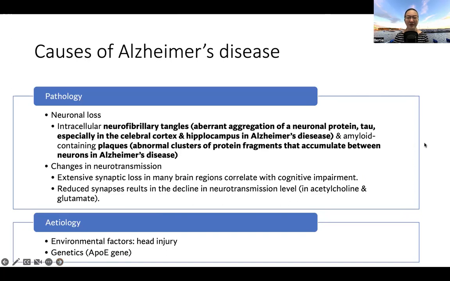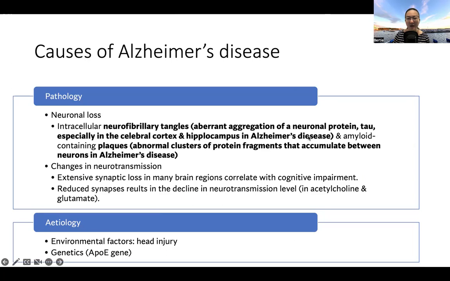Pathology and etiology. Pathology: neuronal loss, intracellular neurofibrillary tangles, aberrant aggregation of neuronal protein tau, especially in the cerebral cortex and hippocampus in Alzheimer's disease,